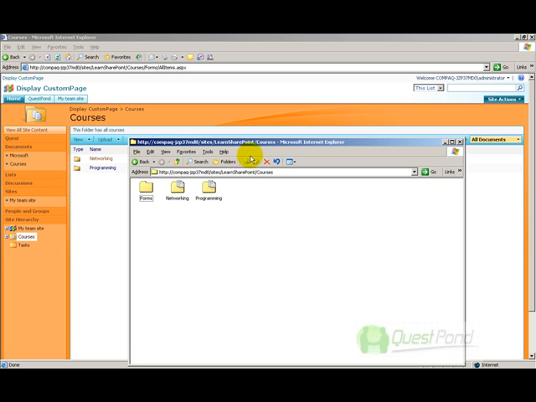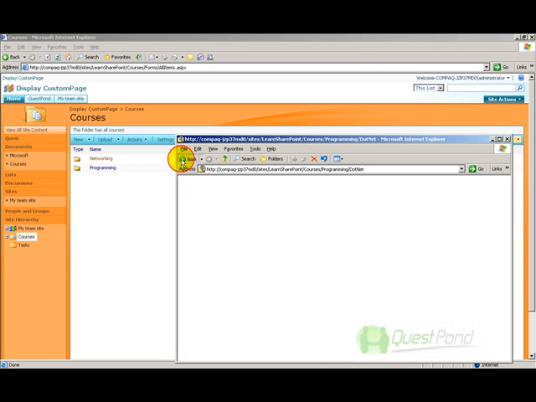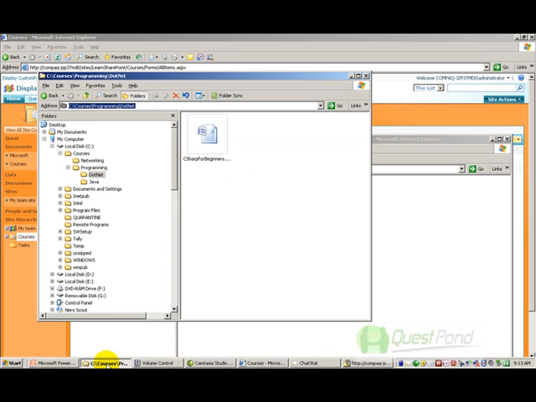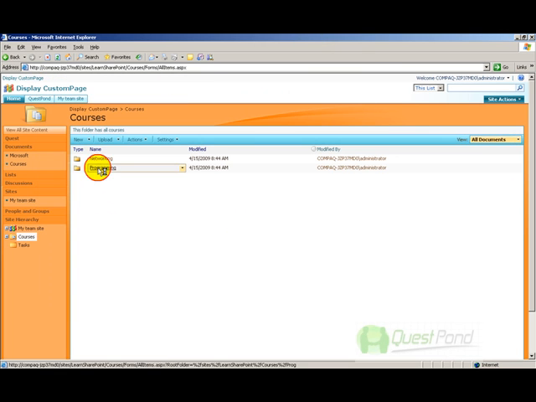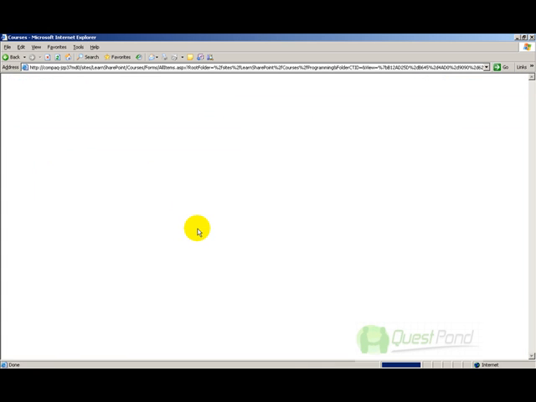Now you will see that it's giving you the same structure in a Windows format, and this is exactly how your Windows looks. So here's your C, courses, networking, programming, and the same thing is over here: courses, programming, Java, .NET. So in other words, what we have achieved is a complete folder structure in a centralized